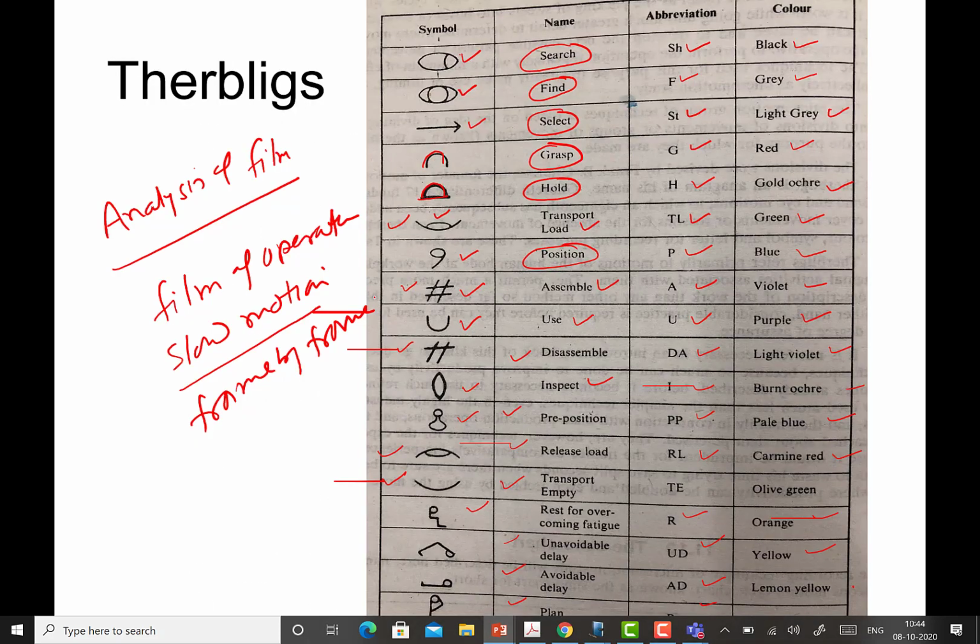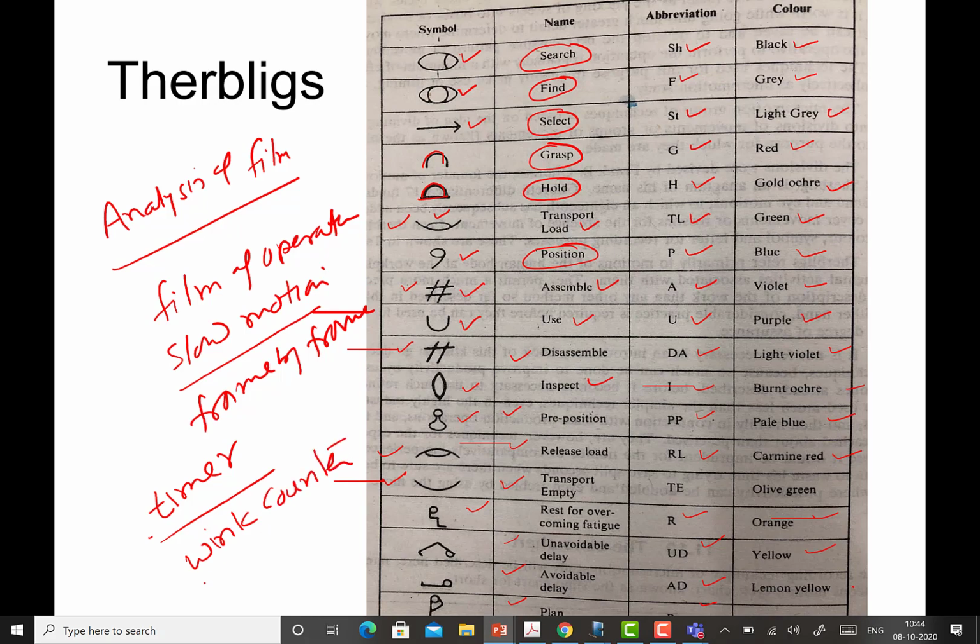Nowadays the videos come with a time scale, but earlier they used to have a timer in the frame. Wherever the operation is being done, they would put a timer so that they can record at which moment what activity is being done. One typical timer which was used earlier is like a wink counter.